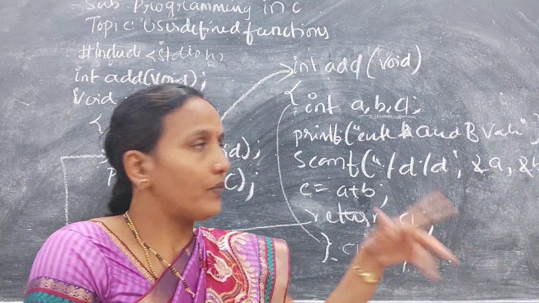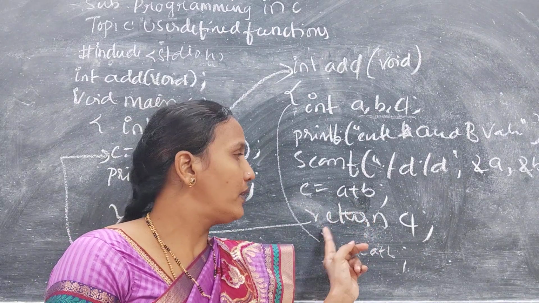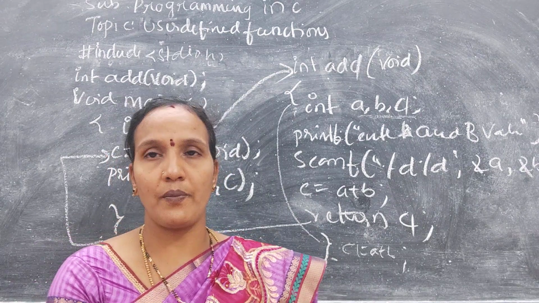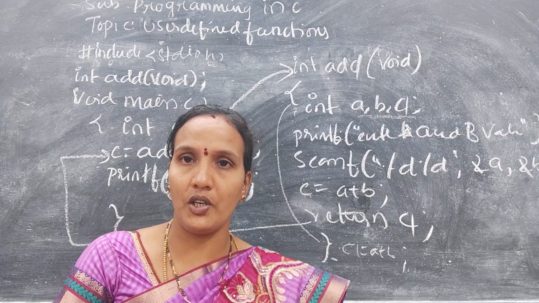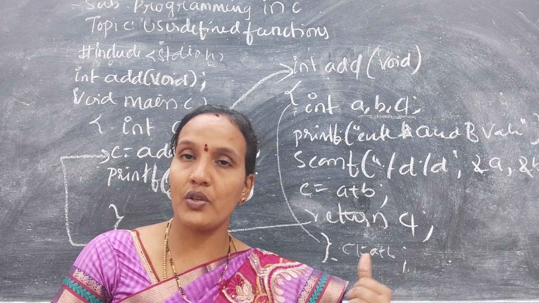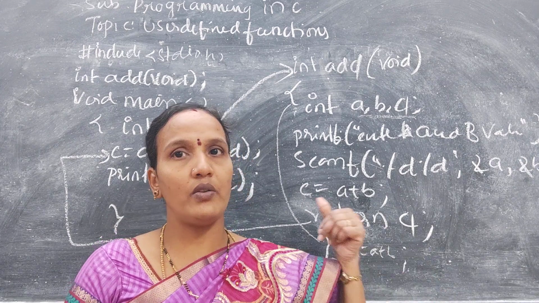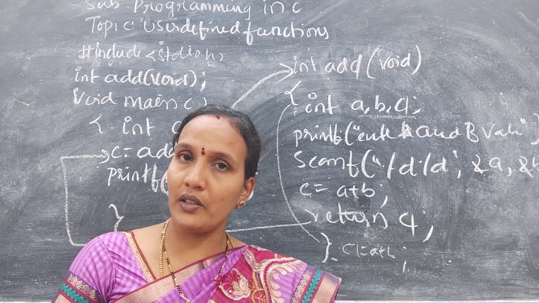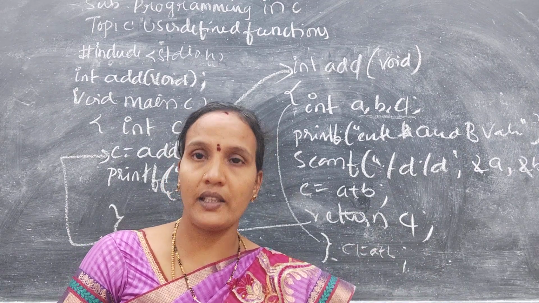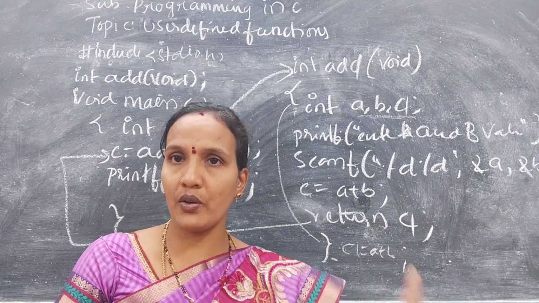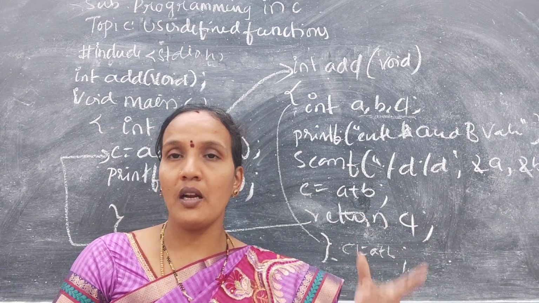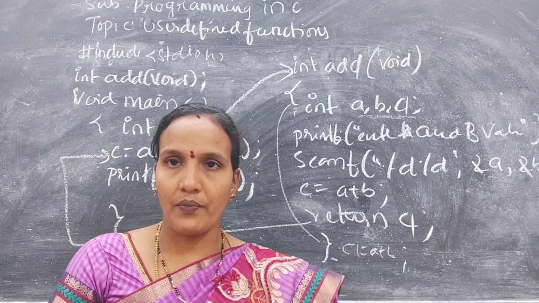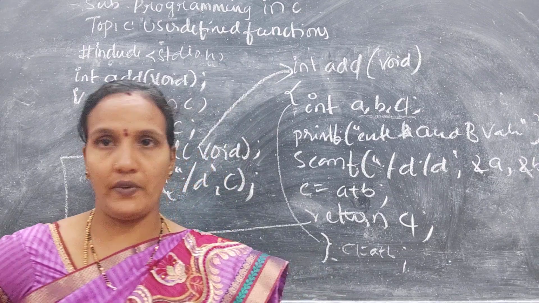After storing a and b, c is calculated, and that value is returned back to the main function, because here the main function is calling a user defined function. So when the main function calls a user defined function, the user defined function should return some value to the main function. Here the main function is not passing a value. The user defined function itself collects values from the user at runtime, executes some statements, and gives some output. That output is nothing but the return value, and that return value is given back to the main function. Okay, so this is about user defined functions.